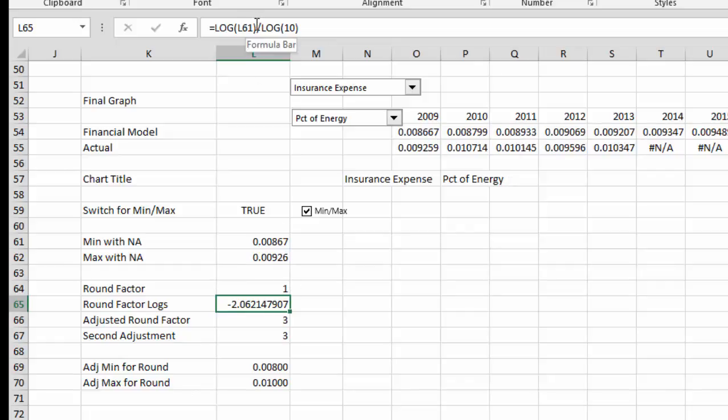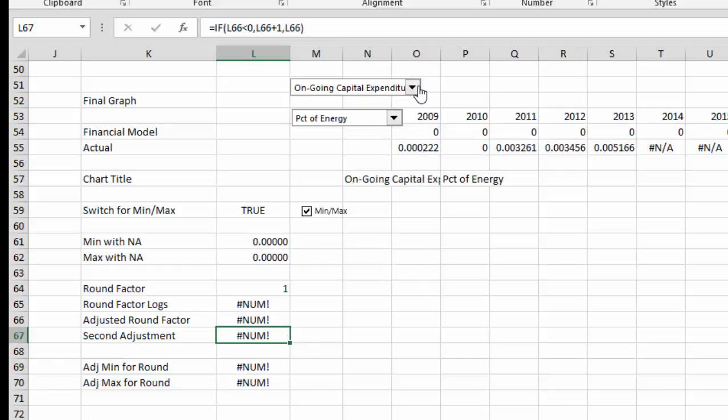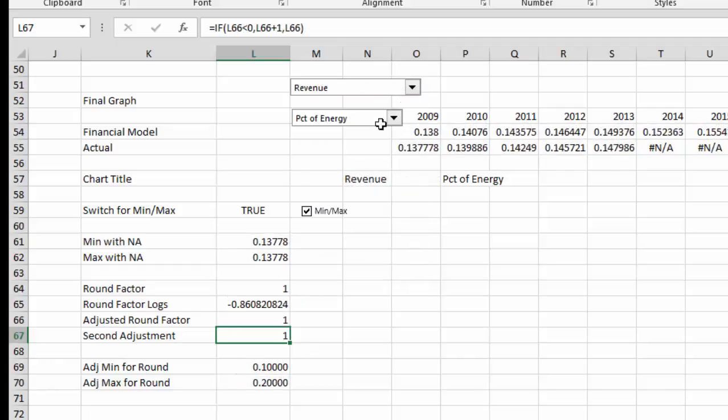If there were more zeros, this is this log. I would have known how to do this. This log of the number divided by log of 10. I don't even know the mathematics behind that. And then I'm going to round that number up. And then I'm going to make a second adjustment here, because when we have a negative number, it's different than a positive number. Whoops, we had nothing there. Okay, if it's a negative number,